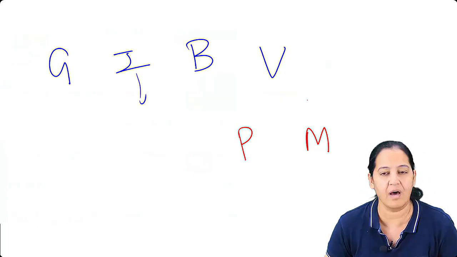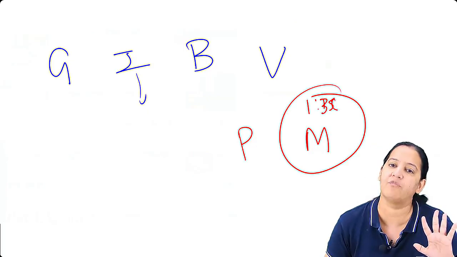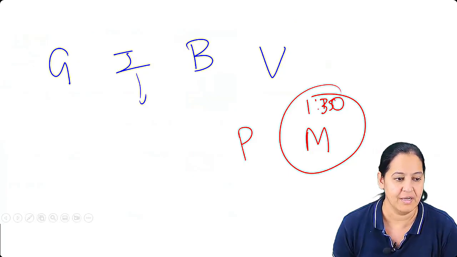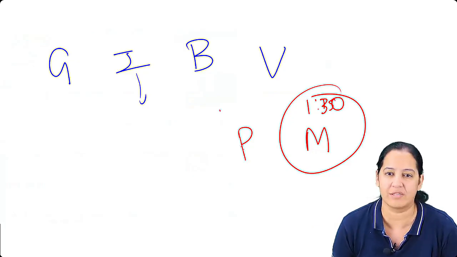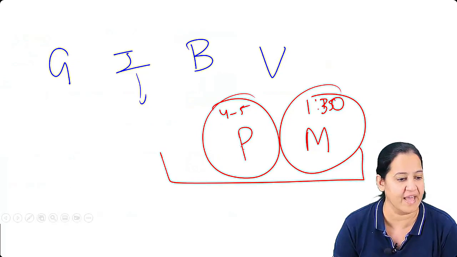Parasito requires 1 hour, maximum 1 hour 15 minutes, okay? And if you take more breaks, 1 hour 30 minutes, it won't take more than that. Myco is a very small section. Parasite requires 4 to 5 hours, so tomorrow the complete day we are going to complete it. Anything else you want to say?